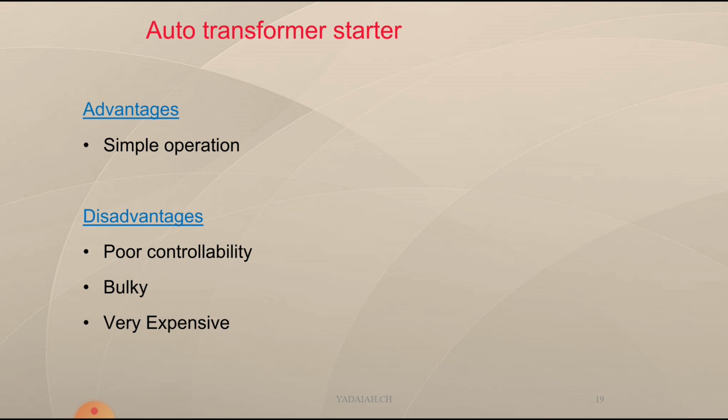Dear friends, you have to remember that. So one single starter, similarly we can use the other starters. Here the auto transformer is automatic. We are reducing the applied voltage initially with the help of the knobs manually. We are changing the number of turns, just the transformation ratio K value, in this auto transformer. I think you have used this auto transformer in our laboratory while doing the no load test and short circuit test, or the blocked rotor test on a three-phase transformer. That is the simple method.